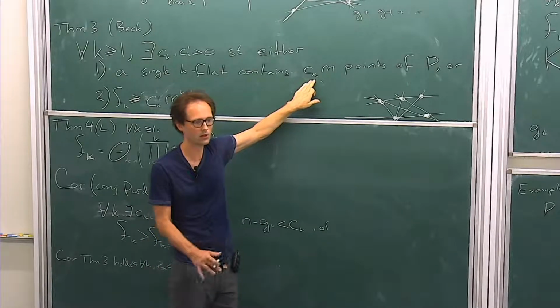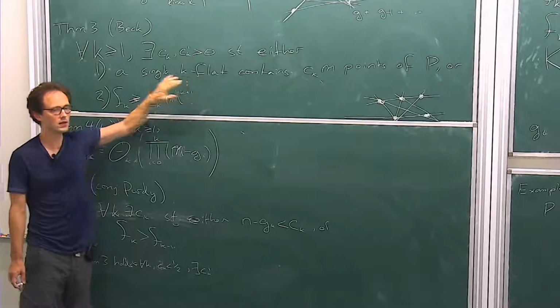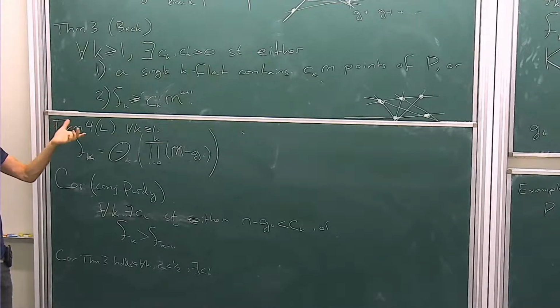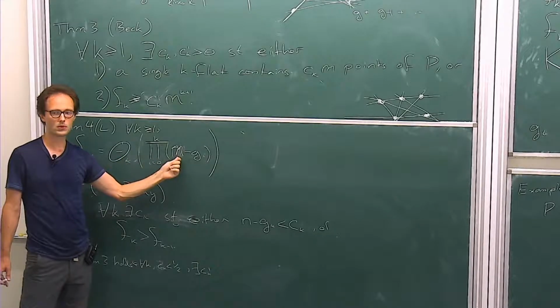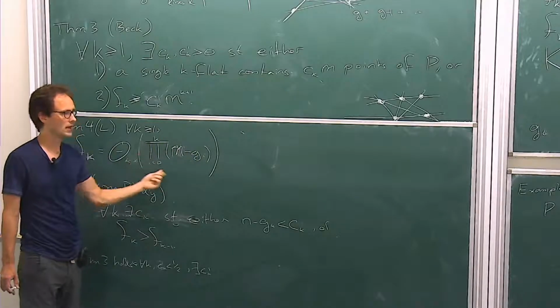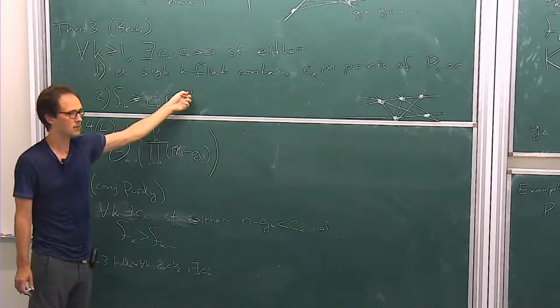You can't take 1, but you could take anything less. Then you say that, well, no set of essential dimension k contains 99% of the points. Well, that means that all of these terms are some positive fraction of m. So you're going to get constant times m to the k plus 1